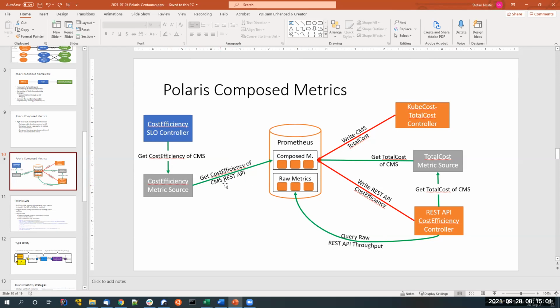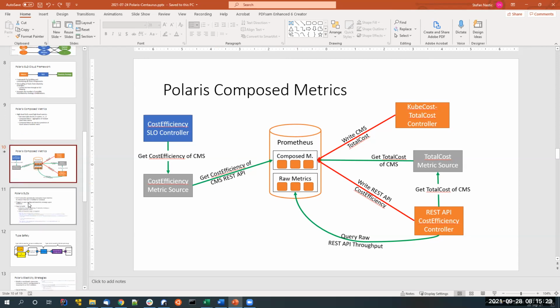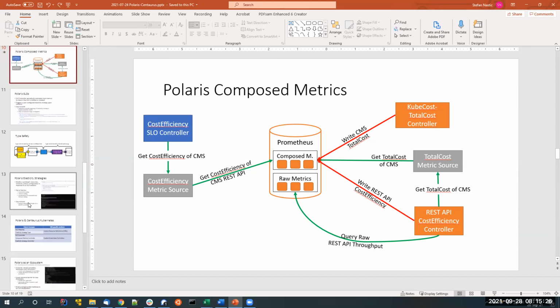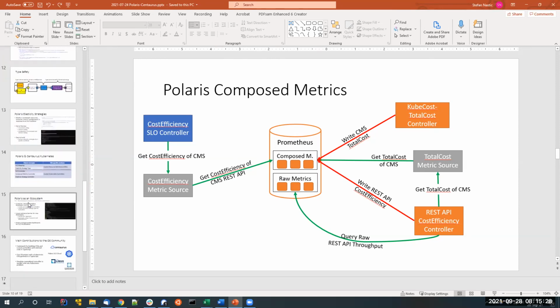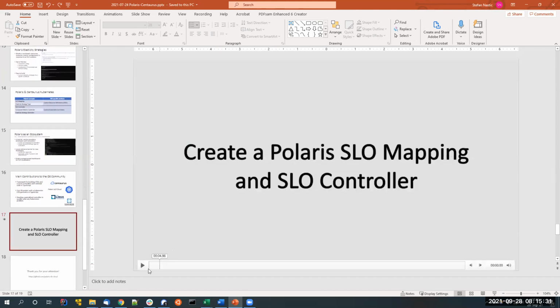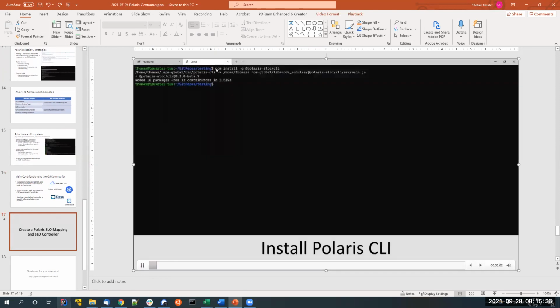So it's currently what we use as a communication backbone, but obviously the framework is generic, as mentioned before, and we can exchange Prometheus for any other communication backbone, or for example, any other time series database. And then I will skip these things here because Deepak did talk about them, but I will show you the demo of how to create a Polaris SLO mapping